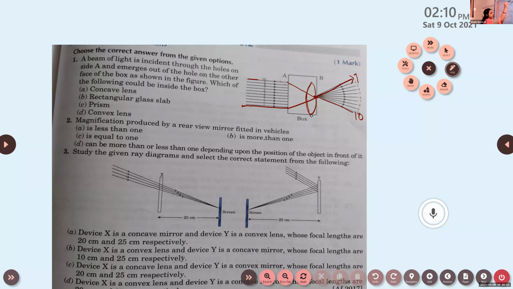So here actually the material that is kept inside the box is not concave. It is convex. It is convex in nature. All the light rays converge to a particular point before they emerge out. So here we can say it is not concave. It is a convex lens. The material that is kept inside the box is convex in nature. All the light rays, before emerging outside, converge to a particular point. After that, they emerge out. Okay, so the type of optical instrument that is kept inside the box is convex in nature. It is not concave.